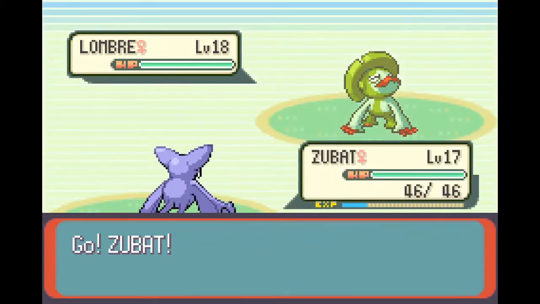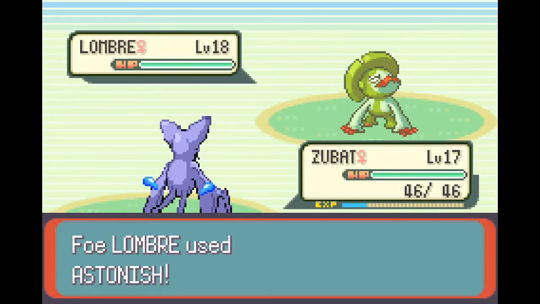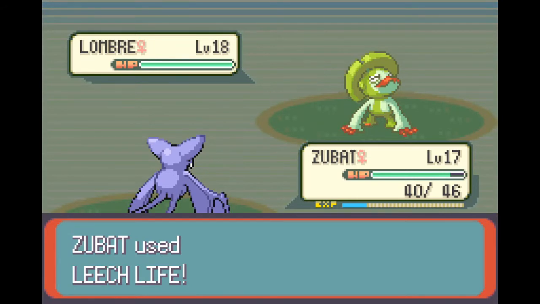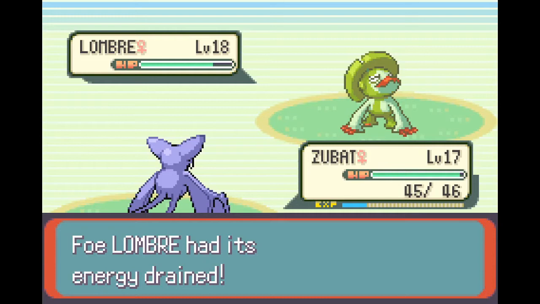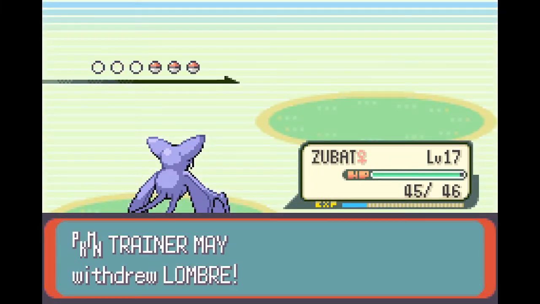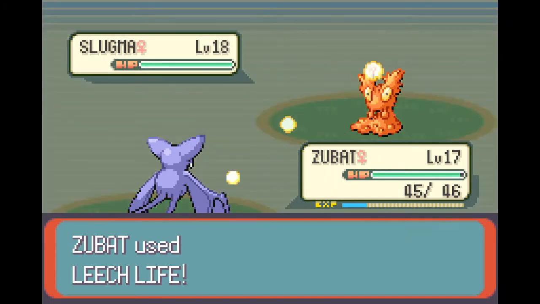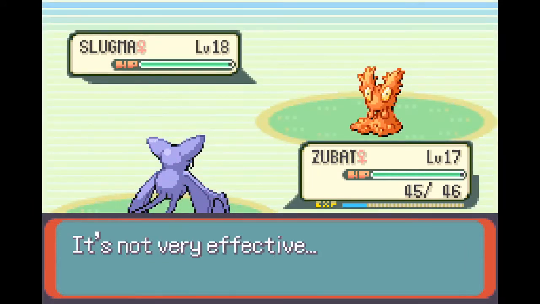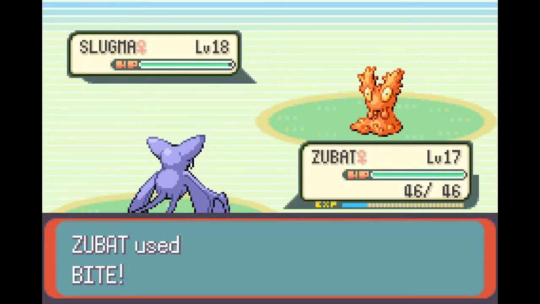If anything, I could use Leech Life on this. Why not? Sure. This thing is weak to Leech Life, and it is also weak to flying type moves, which, if we had any flying type moves on our Zubat, that would have been useful. And this thing, I could spam Bite as well, I guess. I don't know what happens if I switch out Zubat now, if Zubat still gets experience for when...